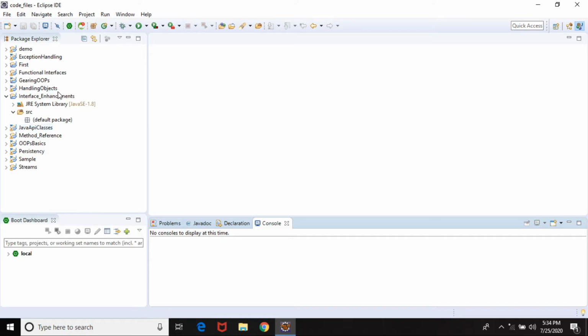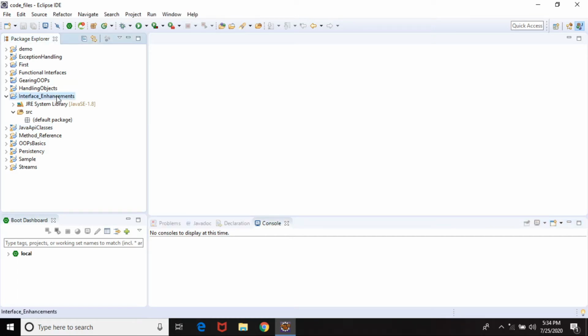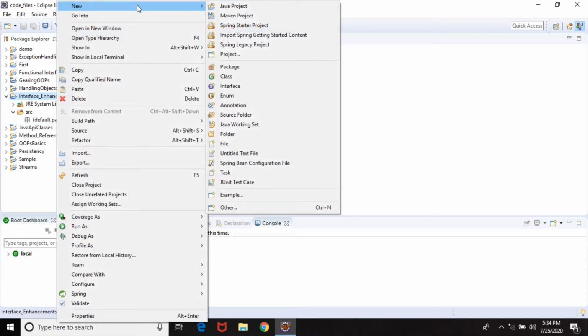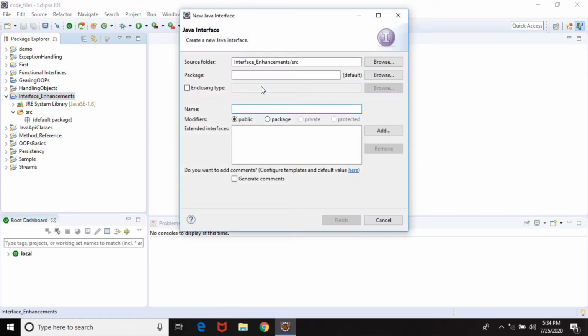All of us know how to create an interface and what an interface is. By default, an interface is a collection of abstract methods which do not have any implementation. And your subclass is supposed to provide the implementation, or the overriding, of that particular unimplemented or abstract method so as to define the behavior of that. So let us create a simple interface.